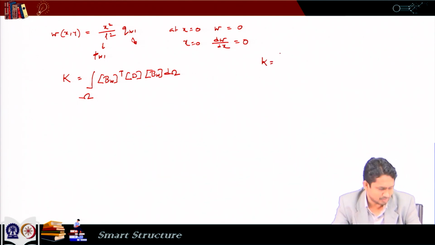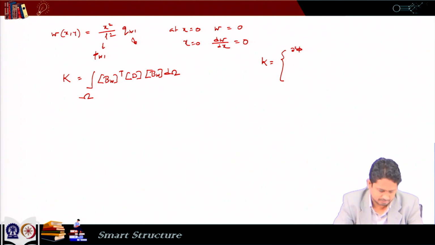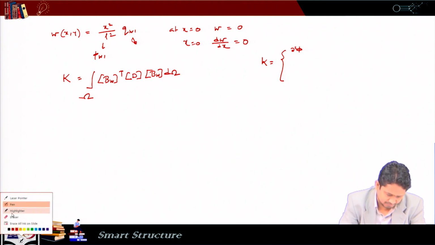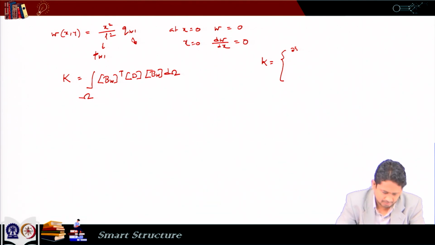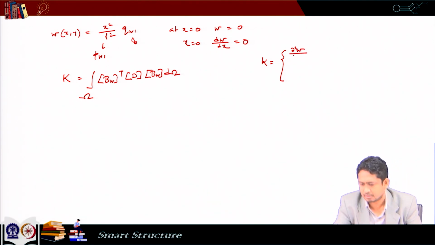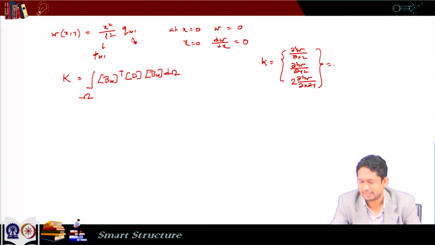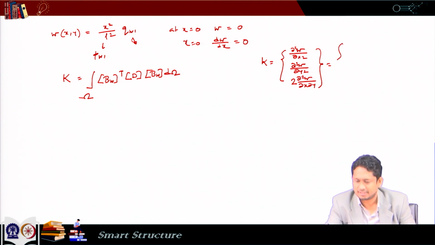So, kappa as we know is del 2 W by del x 2, del 2 W by del y 2 and 2 del 2 W by del x del y, and as per the approximation this can be written as